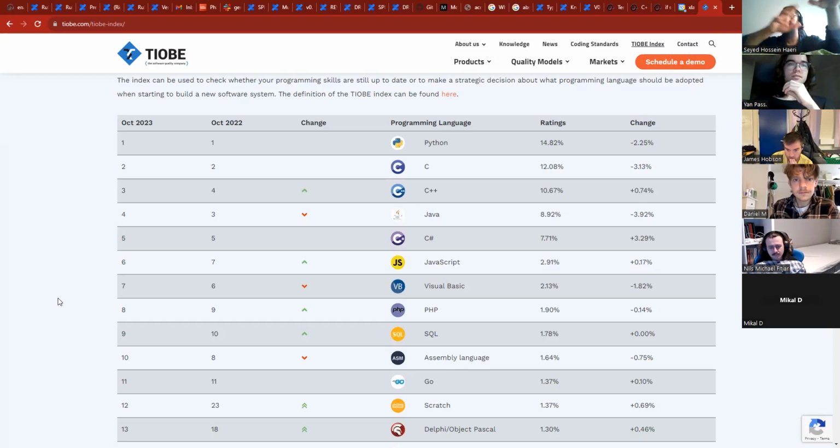They have a huge search on different search engines and queries on the internet, so that they can come up with this ranking.